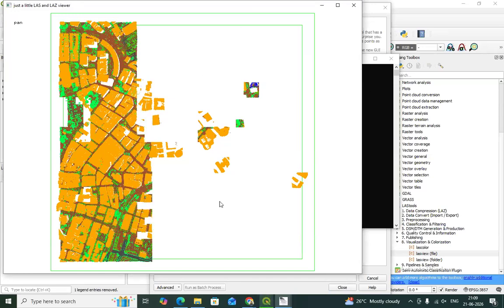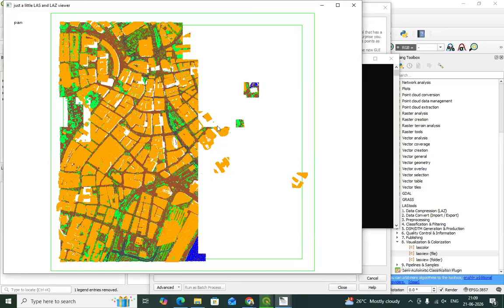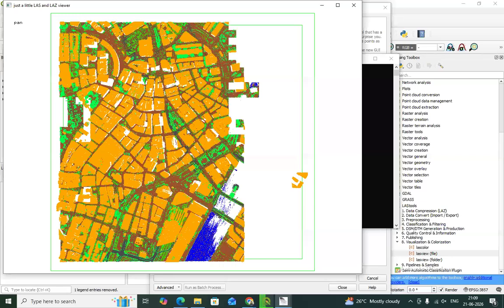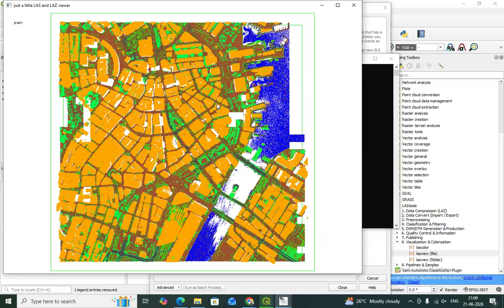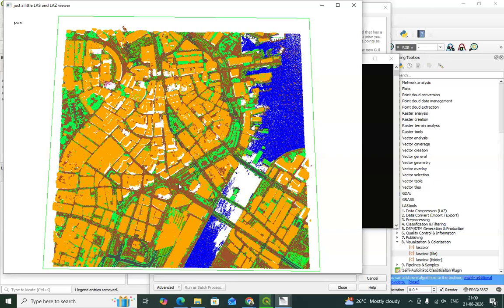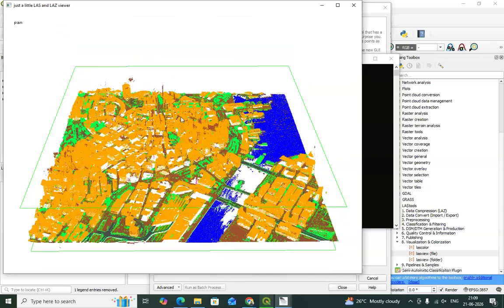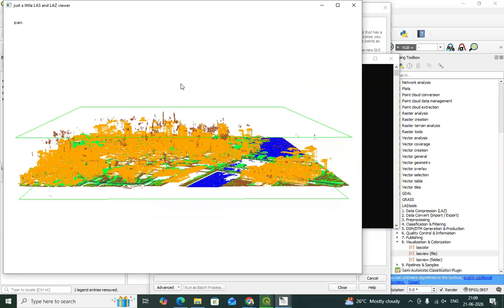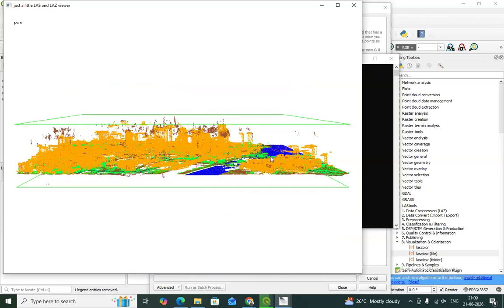So you have this viewer, LAS viewer. This is a 3D viewer. So you will understand everything, the rendering process, colorization, and 3D visualization. Just let's wait for the loading. So it is loaded. All the points are loaded. So this is almost Chicago, right? I think this is not Chicago. This is nearby Washington. So if you click on the surface and if you tilt it, you will see the 3D visualization.